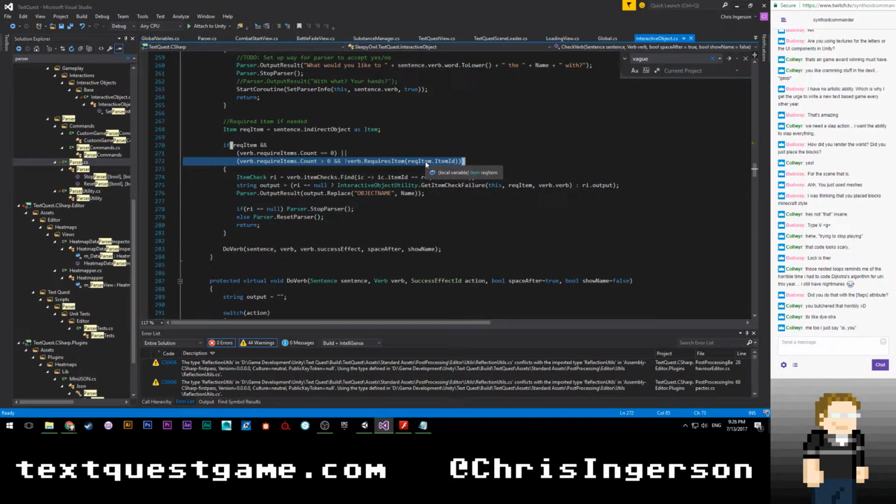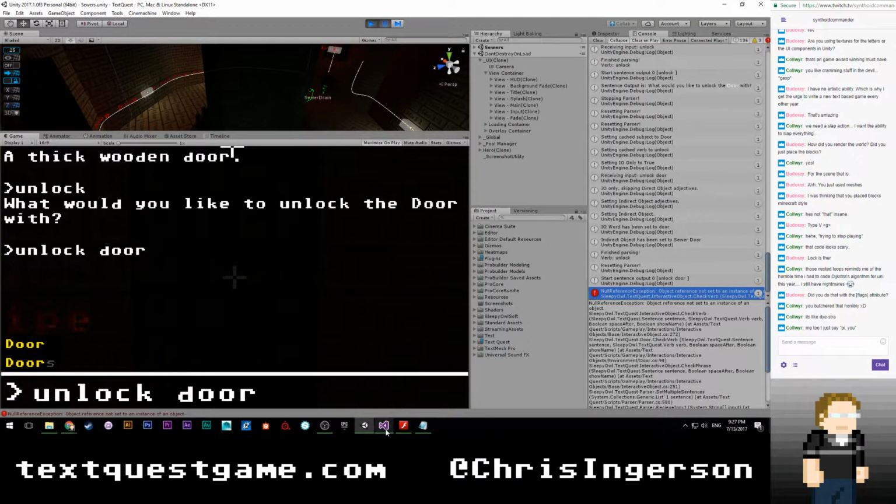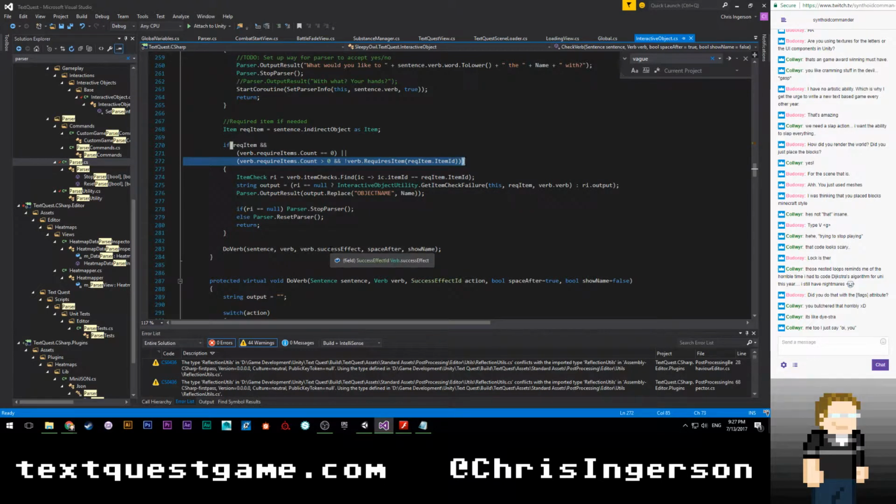Ah! Okay. Let's see. That is just a little bit of an error in my logic, actually. So it's trying to use the door as an item, but the door is not an item. So it's trying to get its item ID, but it can't.